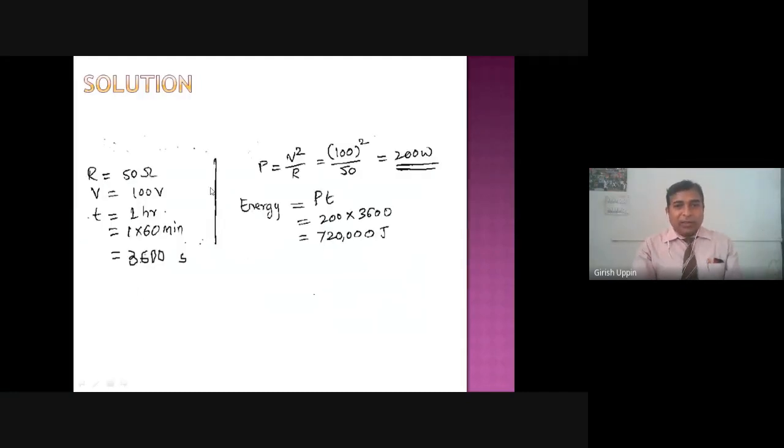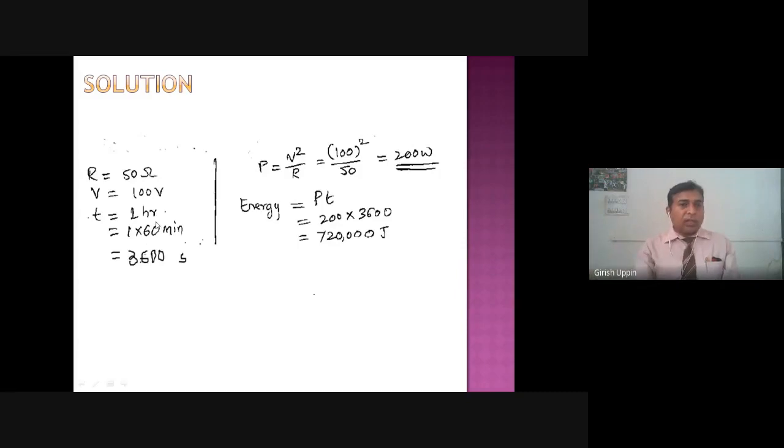Okay, so here the first part is very simple. P is equal to V square by R. Even though I have not drawn the circuit here, whenever you get any kind of problem, first draw the circuit diagram, mark all the given values and write them down. R is 50 ohm, capital V is 100 volt, T is 1 hour. In the exam, whether you keep it in 1 hour, in a minute or in a second, your units should be according to that. The examiner will give marks based on your units.